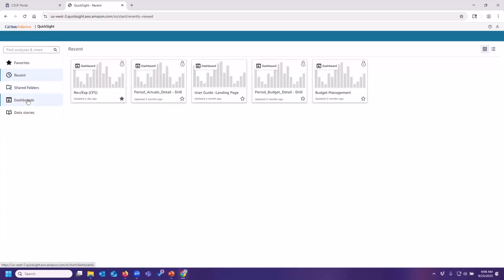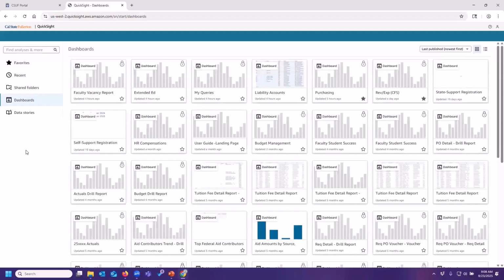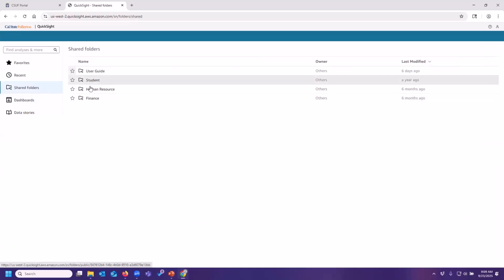We'll look at shared folders in a moment. Dashboards, it's tempting to want to use this, but I find that it's kind of difficult to find reports here. I have access to pretty much all of the reports, which is why my list is really long. If this works for you and you're able to find stuff, that's absolutely fine. There's no problem with using it. It just seems a little cluttered to find what you're looking for. So typically, we have you go to shared folders, and then select the folder of reports that you want to access.